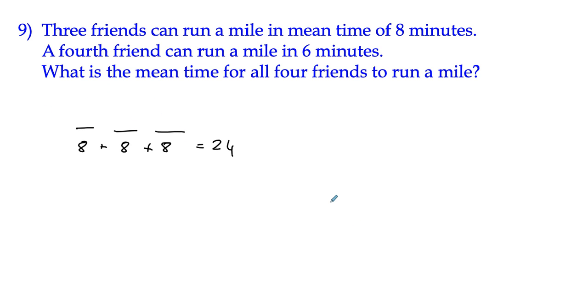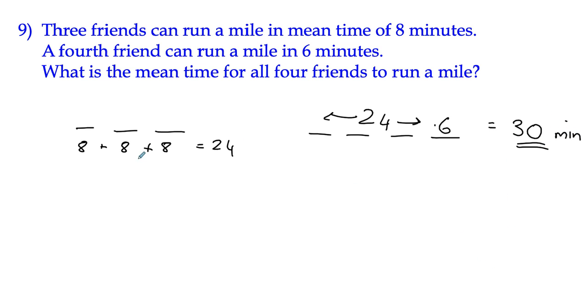And we don't know what they were, and we don't really need to know what they all individually were. What we do need to know is that if we were to think of the 4 numbers, of which the last one is 6, 24 is the sum of those 3. So we don't need to know them individually, but we do know that 3 add up to 24. The 4th one is another 6, which means that in total it takes them 30 minutes to run the mile between them. Okay, so we can say that the mean is therefore